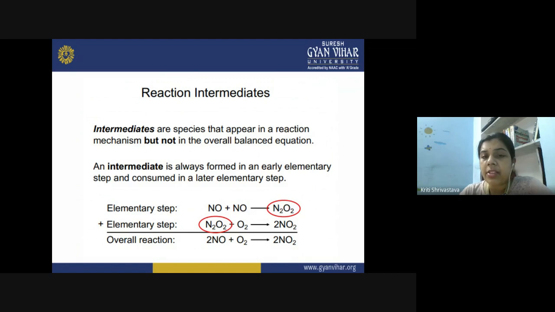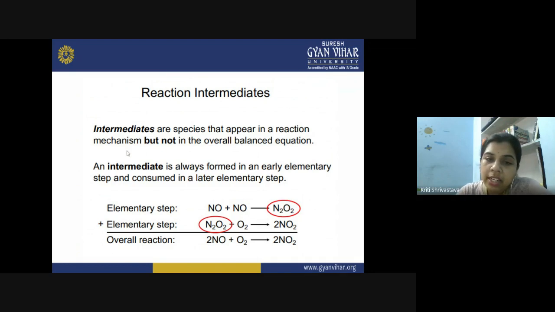These steps generally may involve the formation of reaction intermediates. So what are the intermediates? They are species that appear in the reaction mechanism, but they are never seen in the overall balanced equation. Generally they are unstable in nature, and they represent the path by which the reactant has converted itself into product. They are never a stable product, so they never appear in the chemical equation. When we write down the elementary steps for a chemical mechanism, they are formed in those elementary steps, and then when you add the elementary steps, they just cancel out.